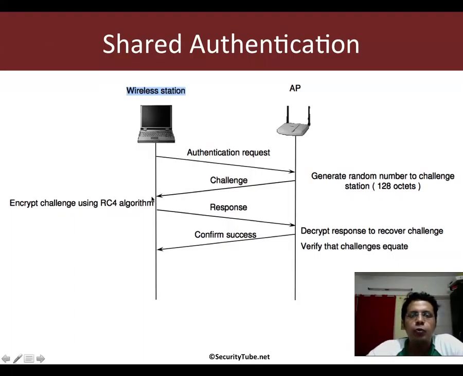The client now uses the WEP encryption algorithm to encrypt this plain text by choosing some random initialization vector along with it, and then sends this encrypted plain text and the initialization vector back to the access point. The access point uses the initialization vector and the WEP key which it had, which is same as what the authorized client would also have, puts it into the RC4 algorithm, gets the key stream, XORs the key stream with the encrypted packet, and that gives back the original plain text packet,